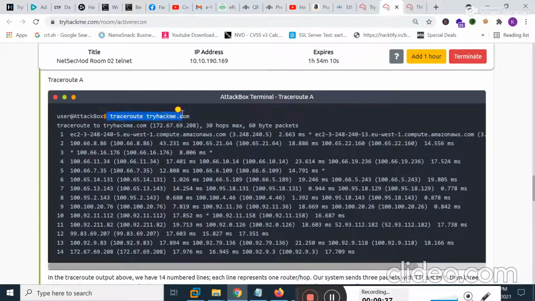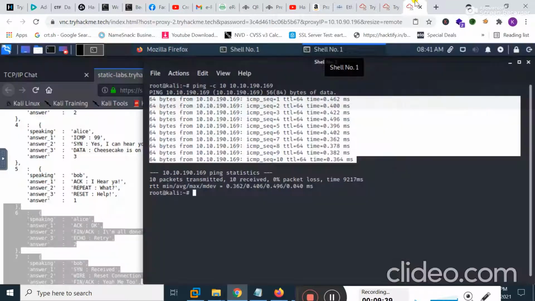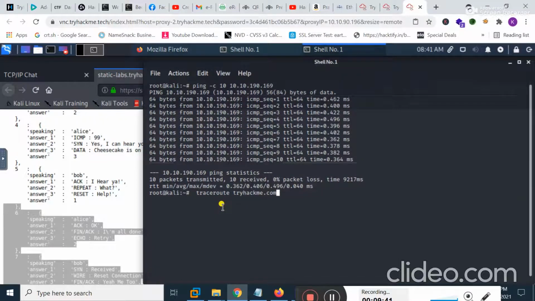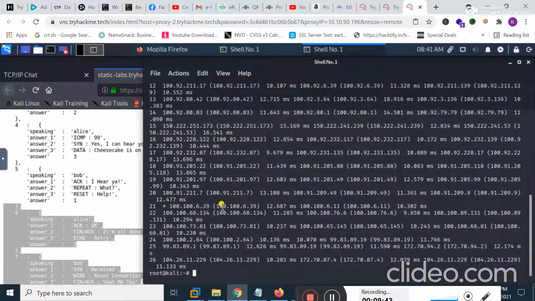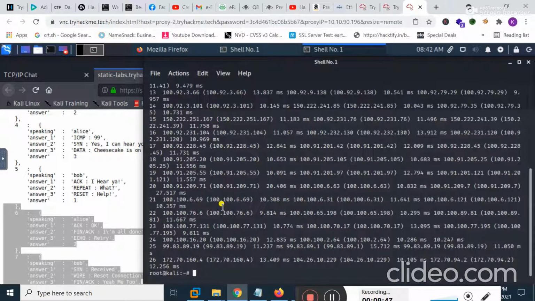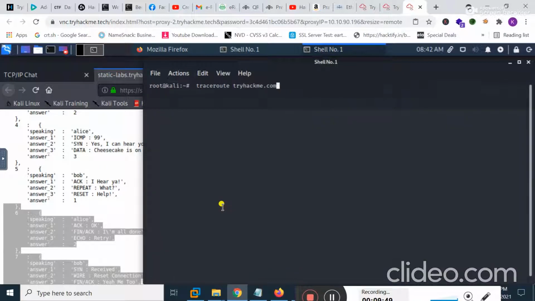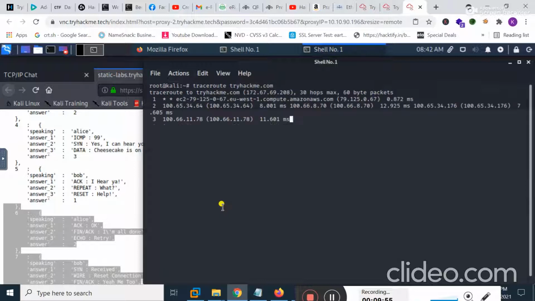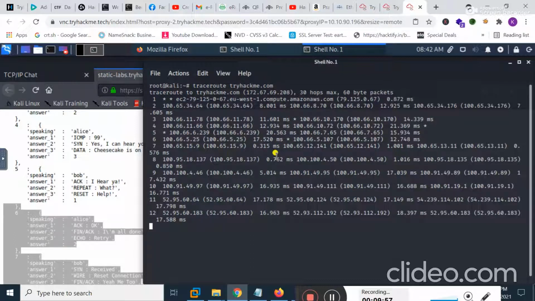Okay, let me show you. I copy this command from here, move to my terminal and paste it. Okay, I should remove the space. And now if I hit enter, it tries to reach tryhackme.com.